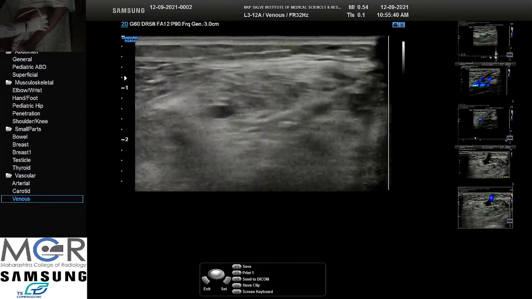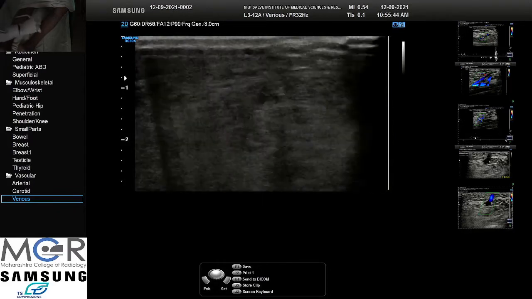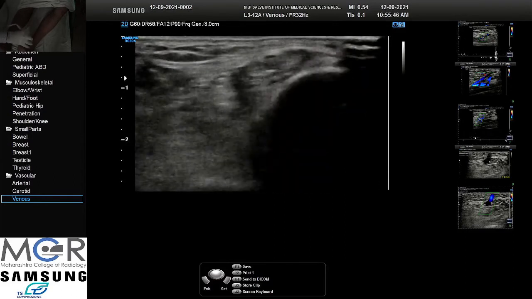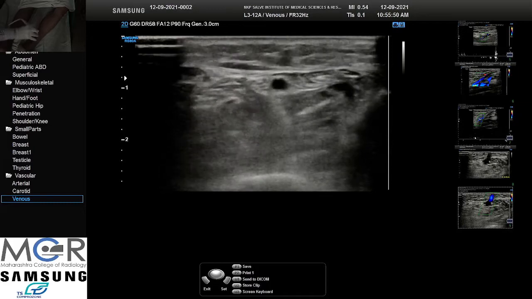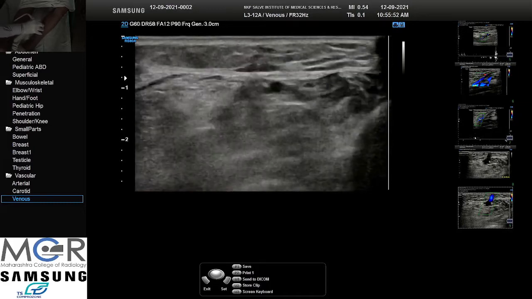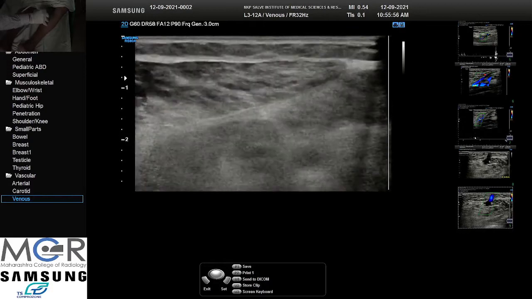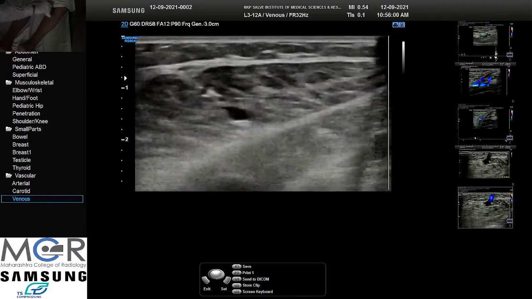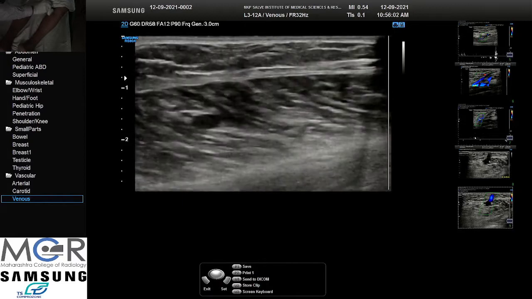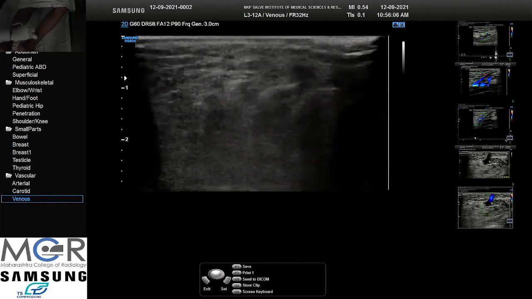So there are multiple perforators. You should label them as upper thigh, upper leg, mid leg, medial, lateral, wherever the anatomical location is, or you can label them as per the nomenclature. So he has got saphenofemoral reflux, then deep vein reflux, thigh perforator, and leg perforator on the medial side, multiple perforators.